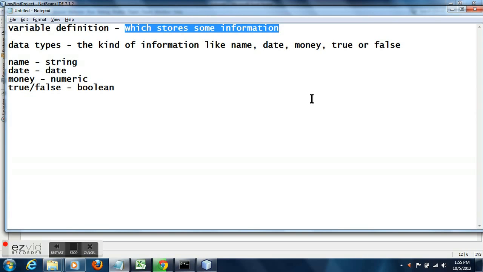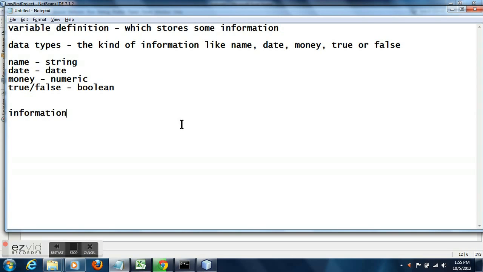It can be about someone's salary, so that is about money. It can be something like true or false. Suppose I ask, is today Sunday? It could be true or it could be false. So information can be of type name, date, or number like money. It could be true or false.